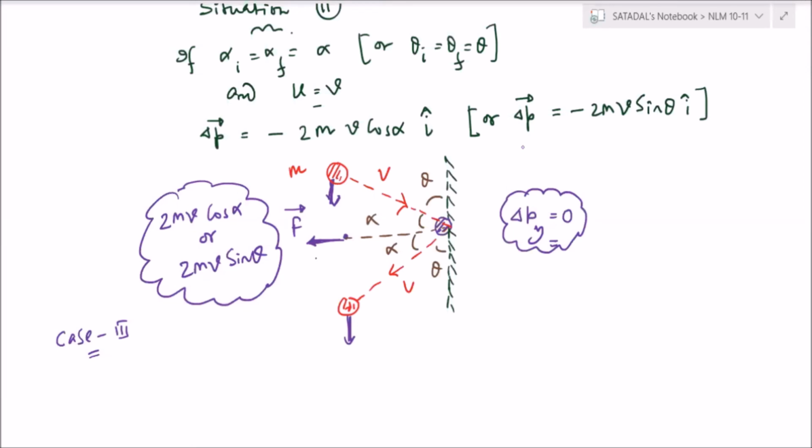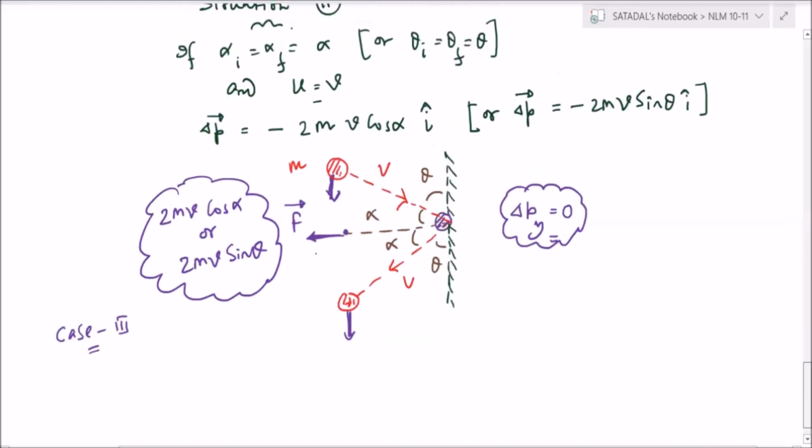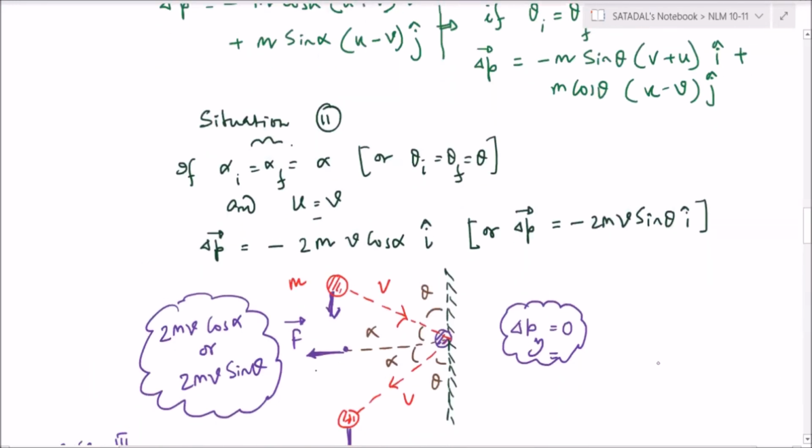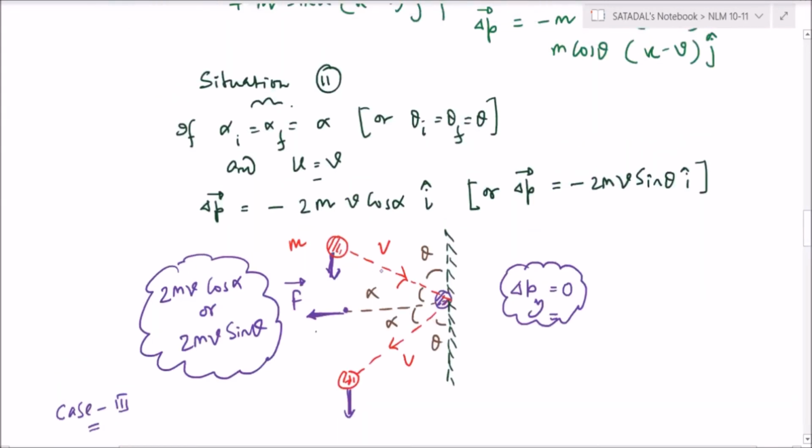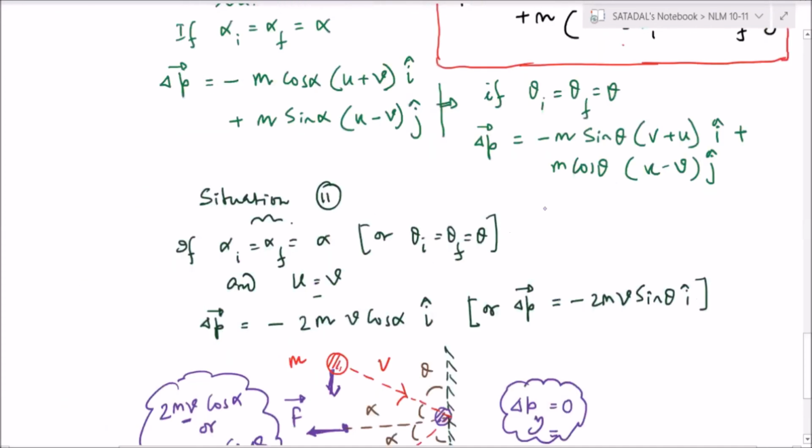Raza, can you hear me? Yes, I can hear you now. Sir, once explain situation 2, due to my connection loss I didn't get it. This is simple. You just take it as a regular deflection only. This ball is coming with velocity v, hitting at equal angle, it is getting reflected. So change in momentum will be either 2mv cos alpha or 2mv sin theta. So the force is acting along the negative x-axis, in which the momentum is changing. Even these two equations we got now, if you put the values there, you will get this result only.